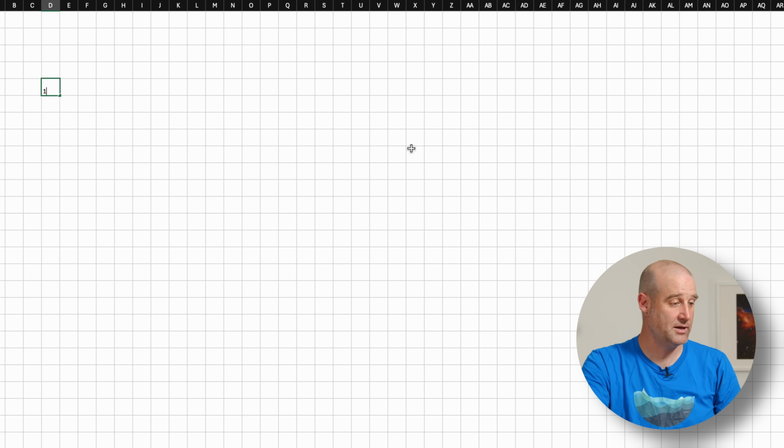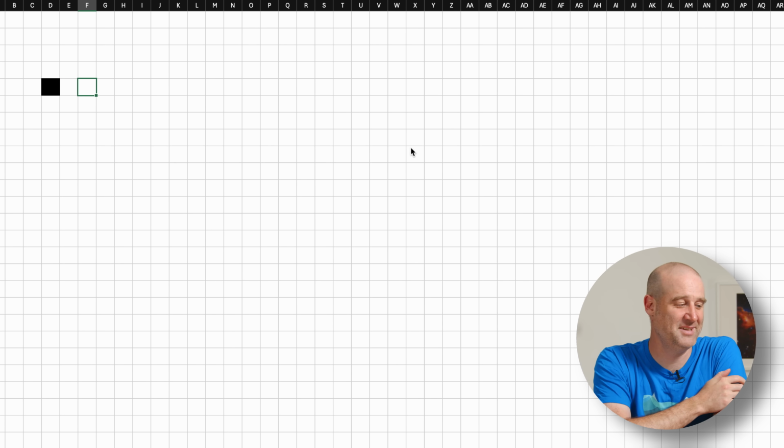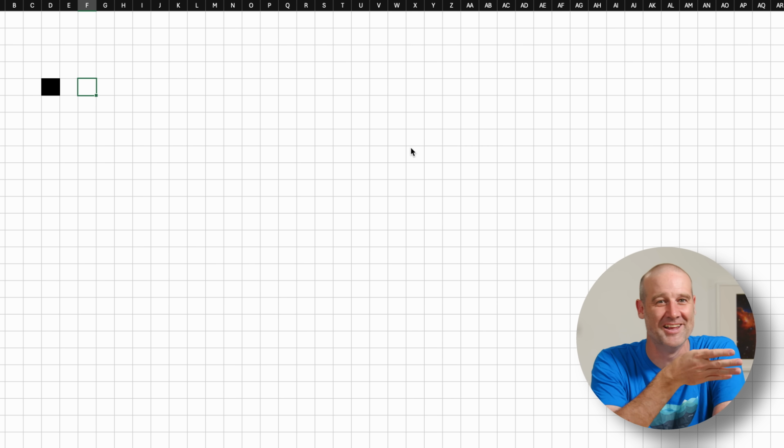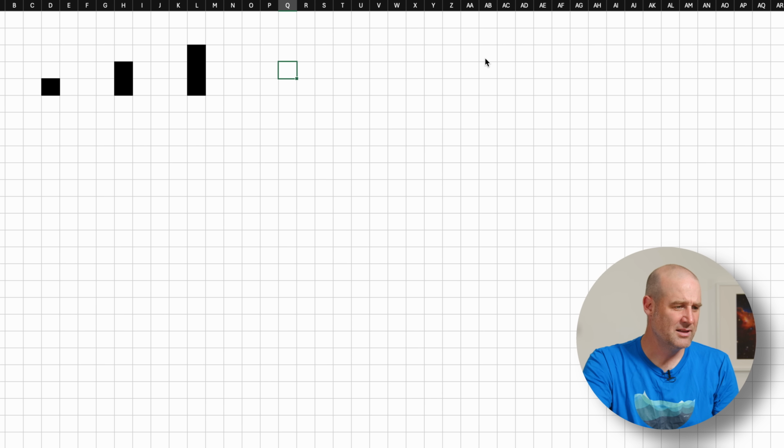I set up a spreadsheet so I can just do pixels by putting a 1 in a cell, boom, pixel. Now, here's the first philosophical question. Is that a 1? It's kind of a 1, but the thing is it's as horizontal as it is vertical. So it's an underscore as much as it is a 1. So 3 doesn't work. Let's have a go.